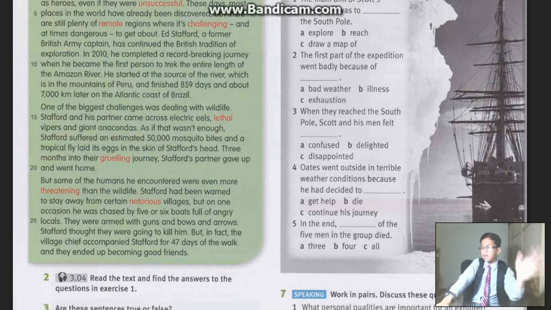Like I have read to you, the lethal vipers and giant anacondas, and also the tropical fly laid its egg in the skin of Stafford's head. So he must be very strong and very brave to travel inside a very dangerous area, like the forest, like we have read in the text of a British tradition.